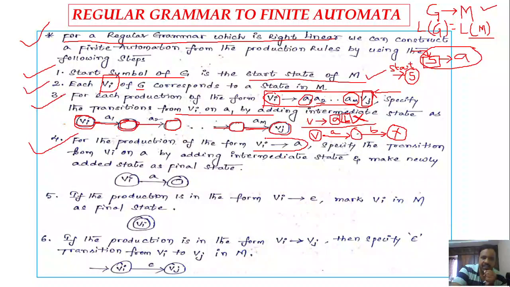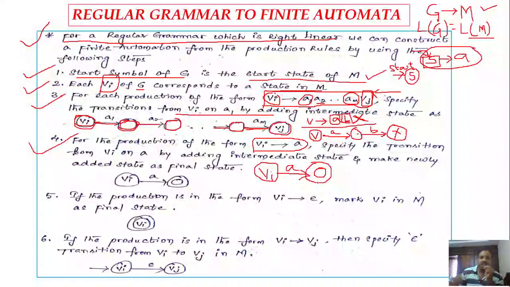So if any variable is denoting only a terminal symbol, then what you have to do is just add Vi as a state. So consider and mark Vi as a state, and from that state there must be a transition on a. There must be a transition on a, and it must end at some final state, right? Since we are not having any variable following a, we just have to specify the transition towards the final state. That means you have to mark the intermediate state as a final state, right? So that is rule number 4.